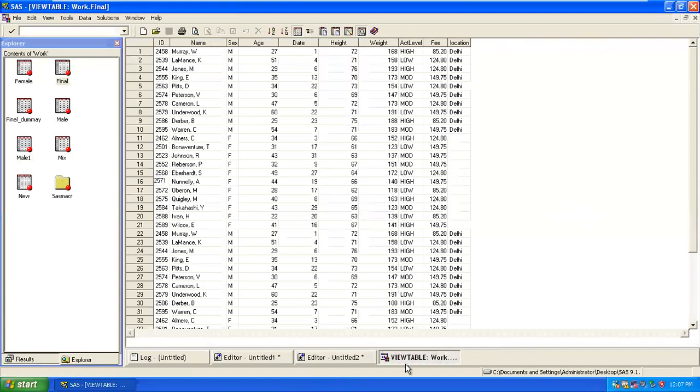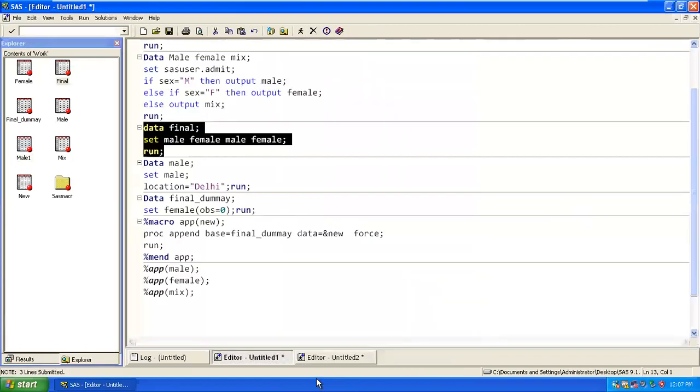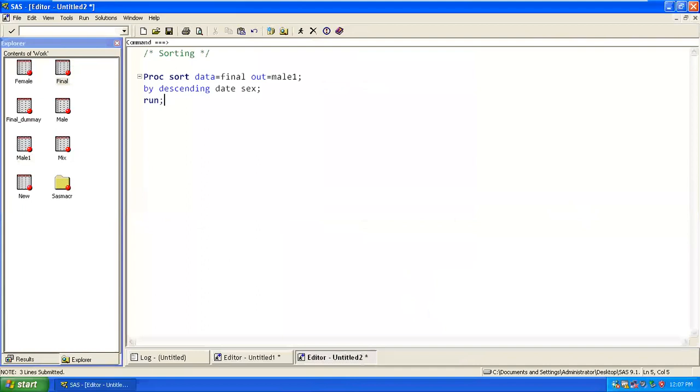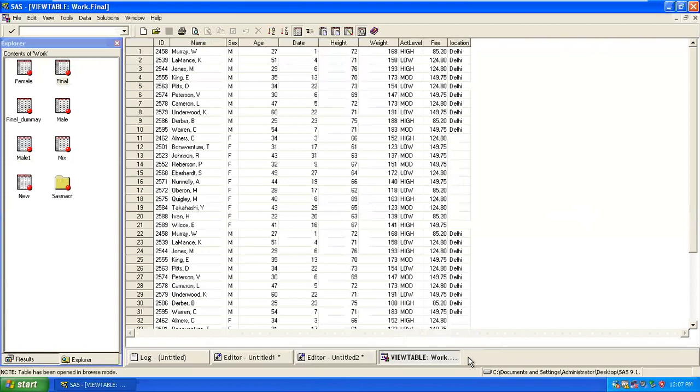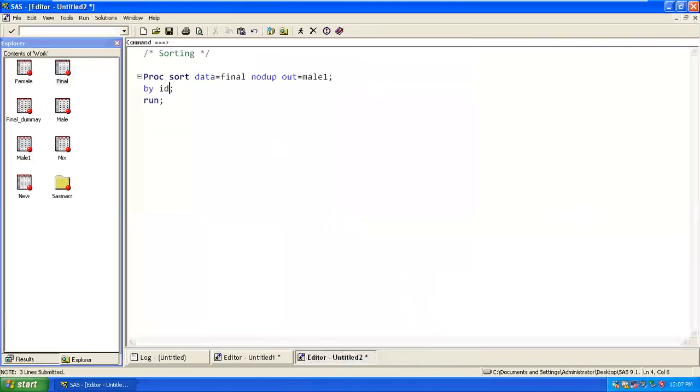Getting it? So if I want to delete the duplicate rows, we use the keyword called NODUP. So NODUP, what does it do here? Based on your duplicate rows, it looks for duplicate rows and deletes accordingly. So I'll use the keyword again below as ID or something. It's not that important.